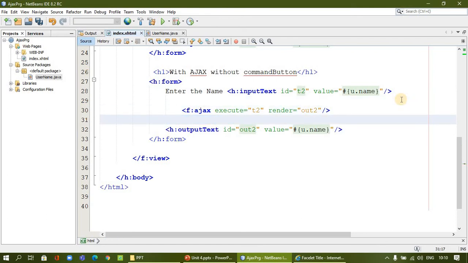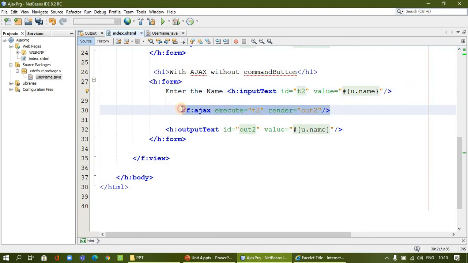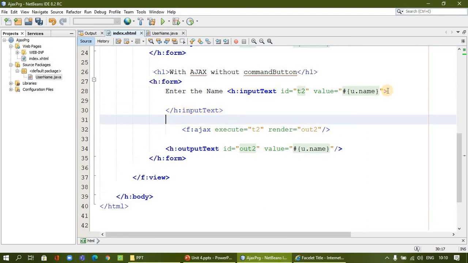I'll remove it. The same Ajax code we are going to put in the child tag of the text input. So I will open the text input here, separate the closing tag, and take this Ajax tag inside.